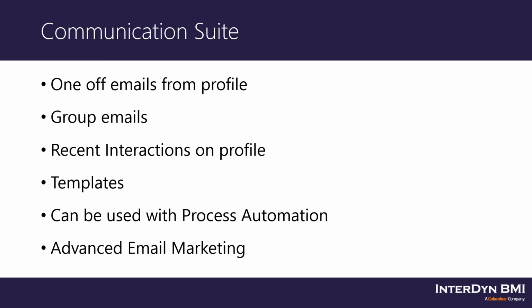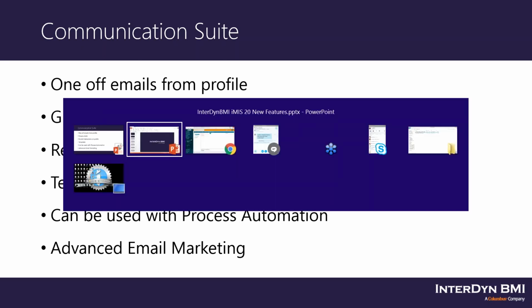So one thing to understand is the Communication Suite comes with the software, and I'll say out of the box, there's no additional fee for that, but the advanced email marketing, it would be considered an additional module, and what that means is if you have advanced email marketing, when you actually send out the emails, it will track back to say what happened to the email. Did the particular individual click on it? Did they forward it? What were they looking at? It's that statistical information. So that's like, in addition to sending out the email, you get all of the information back as well. All right, so let's go ahead and jump over to the